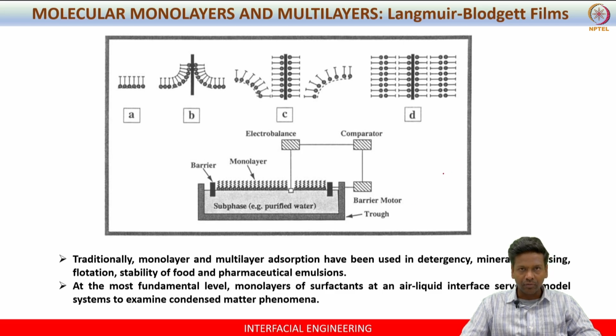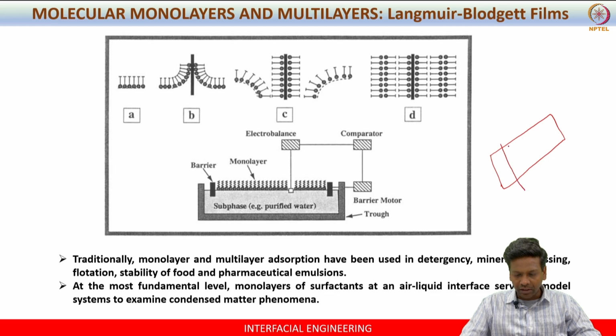So Langmuir, when I say Langmuir, it is nothing but a trough, right? This trough is made up of Teflon. The reason is you can get rid of issues like dust and all those things. So dust formation can be eliminated, and cleaning will be easier, right? When you make the trough using Teflon.